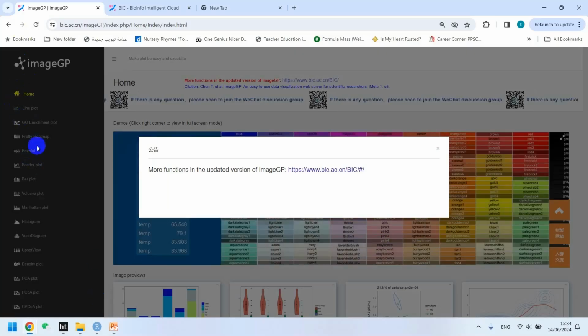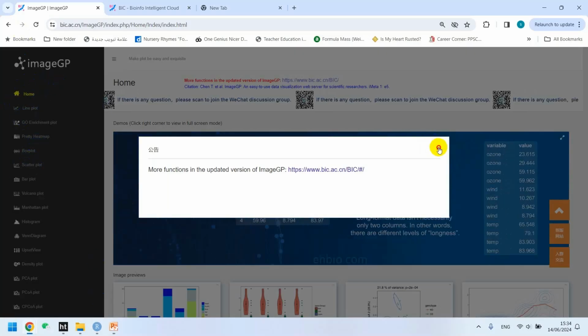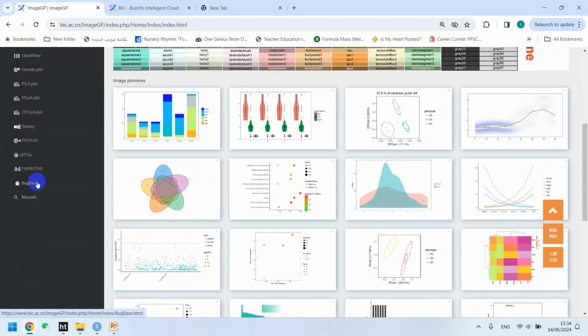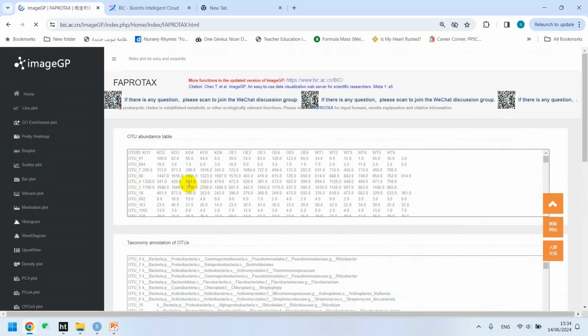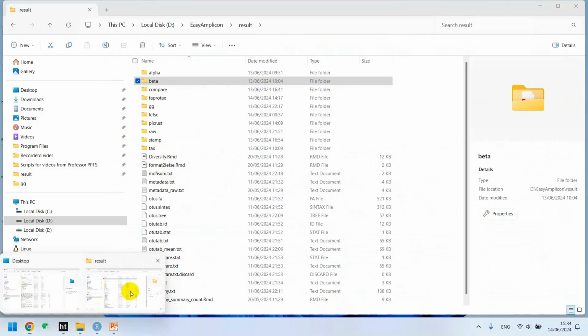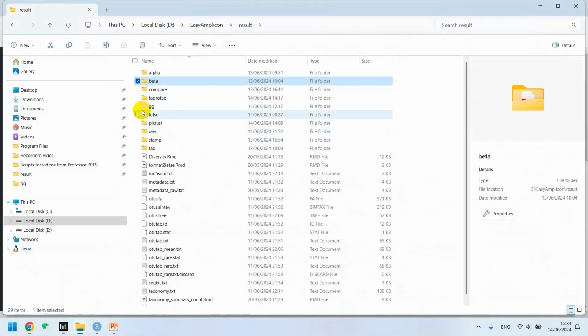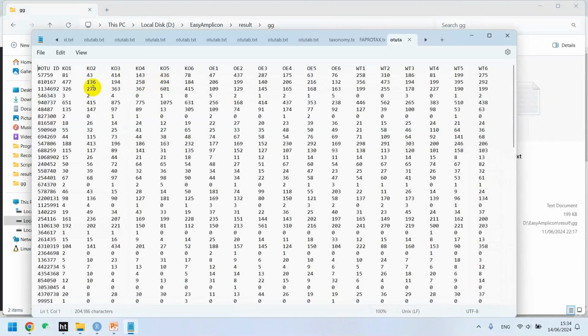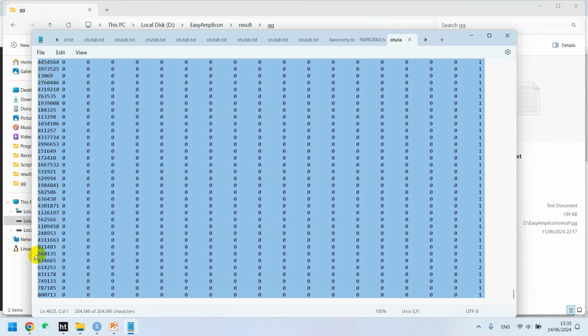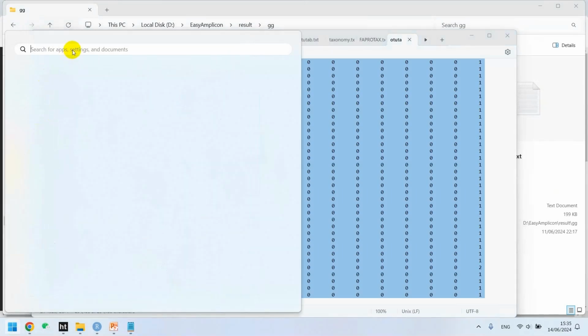Now we have the ImageGP page open here in our browser. We just go to the FAPROTAX section and click over here, and it shows us that we need the OTU abundance table here, and here we need the taxonomy annotation of OTUs. So let's go back to our working directory, and under GG we have our OTU tab text. Open it, copy it, and open it in an Excel sheet first